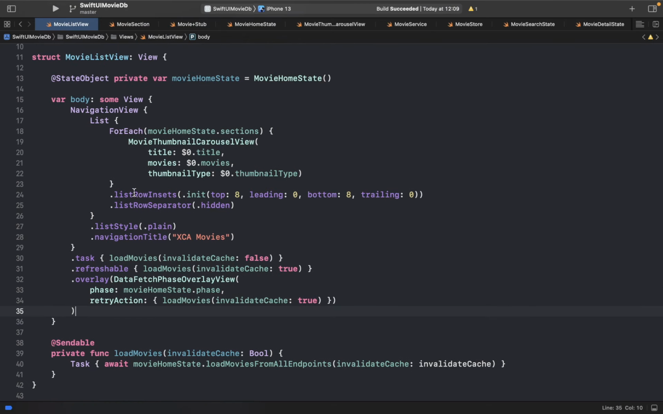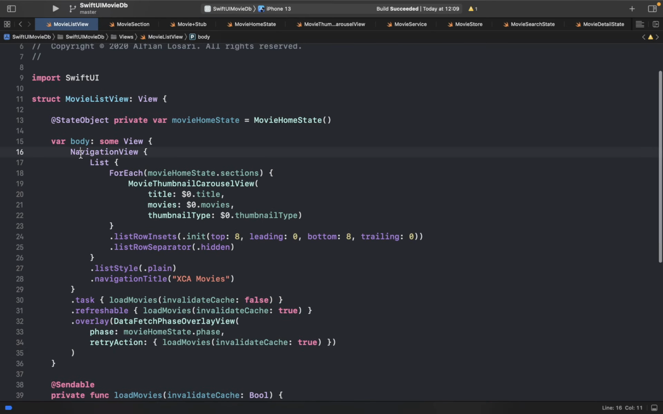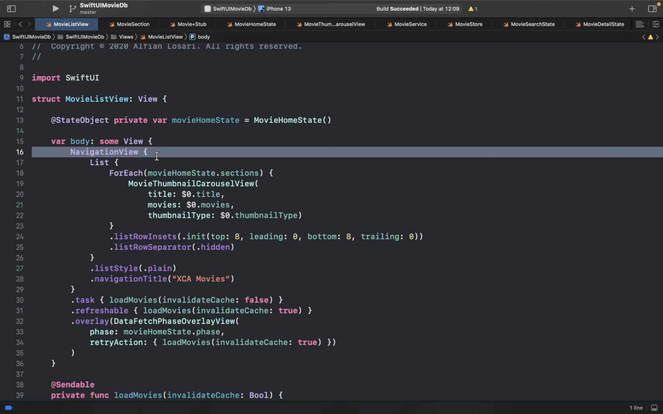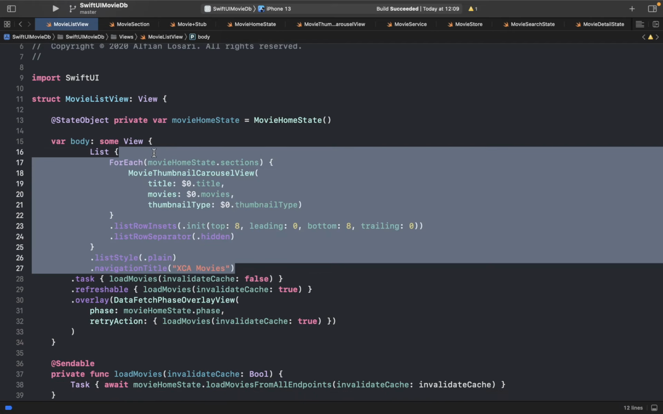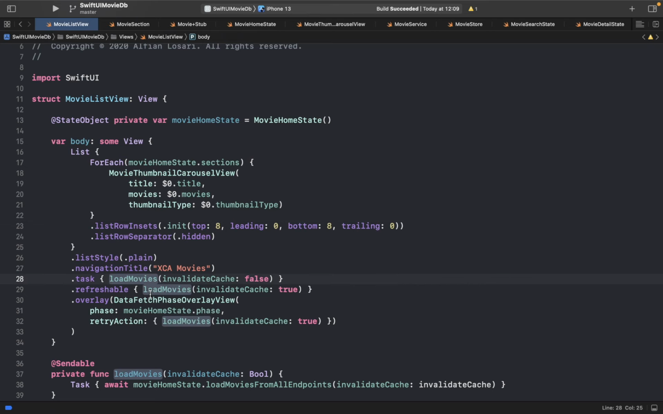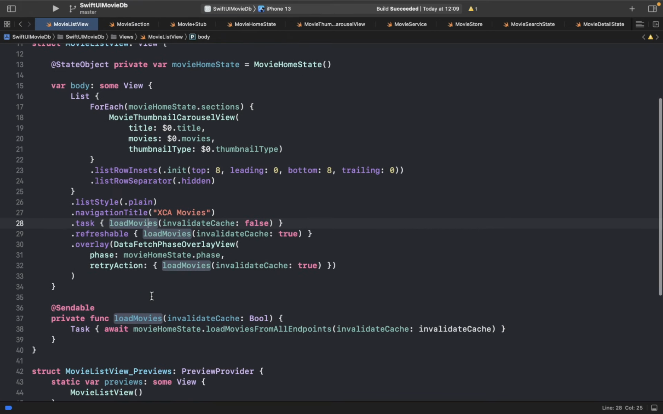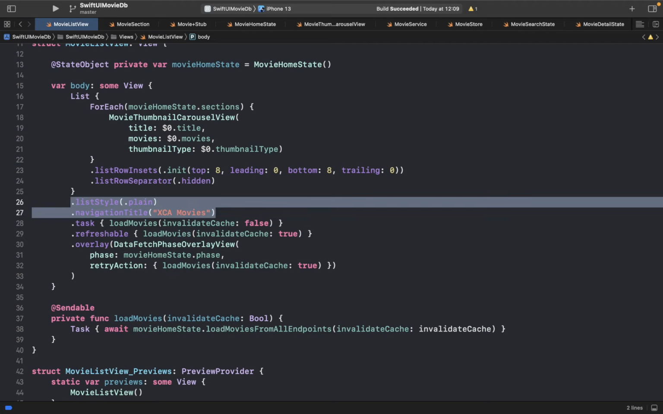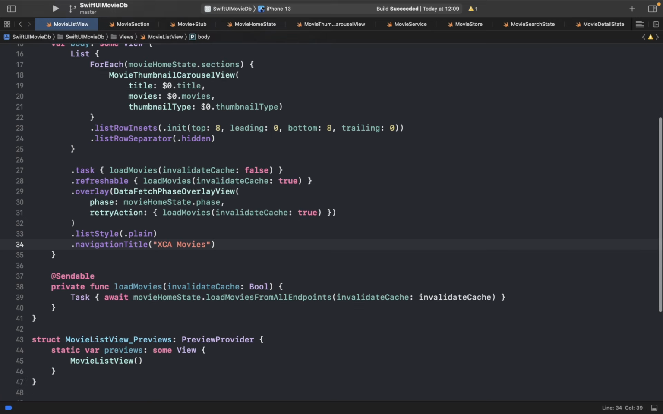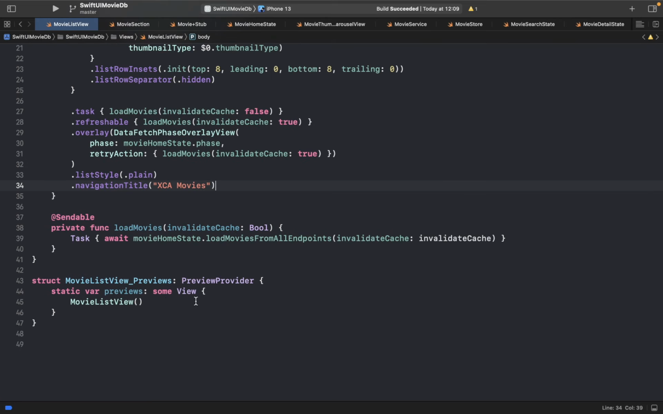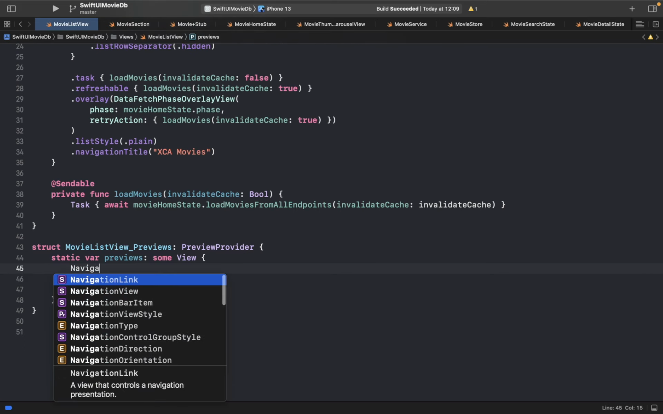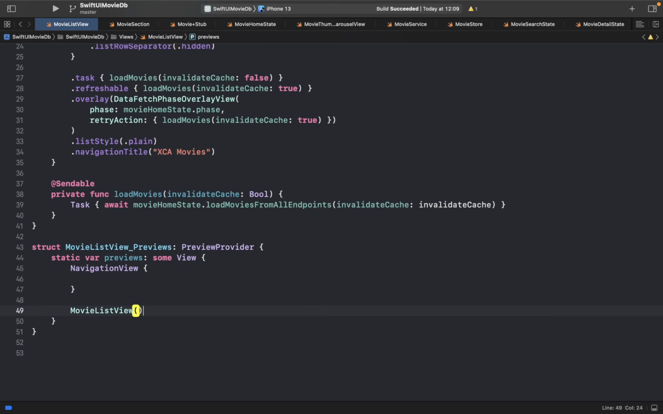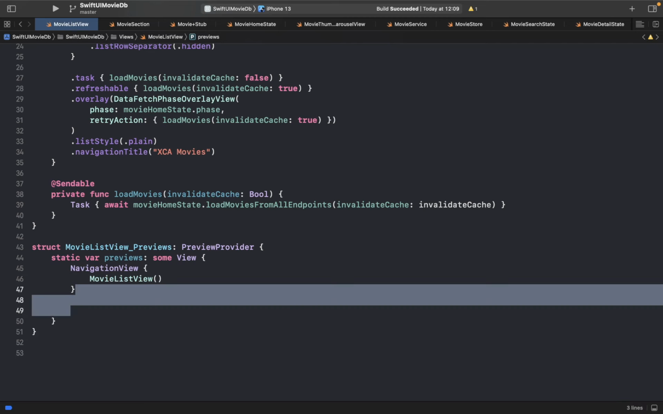Now, for this movie list view, I don't want to embed this in navigation view. So I will give that responsibility to the container view. So let's move this navigation view out. Okay. And then let's move this list tile below the overlay modifier. And then in the preview itself, I'm going to embed this navigation view, movie list view. Okay,